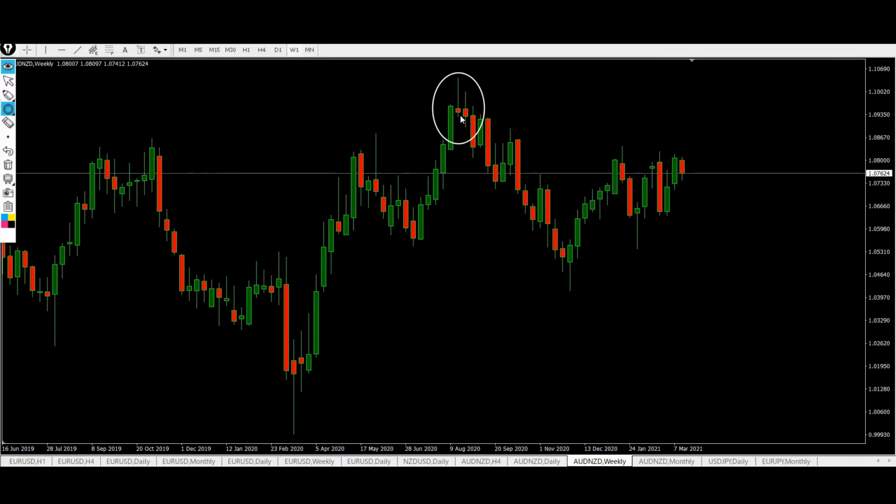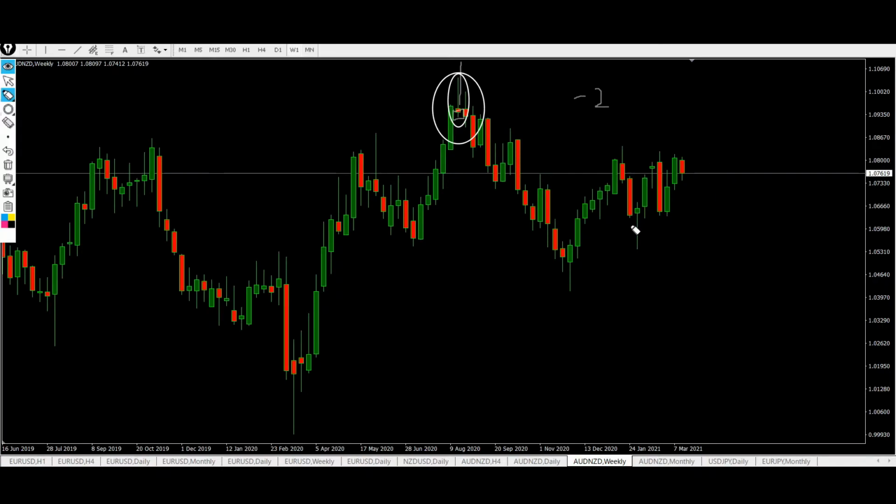Now we could immediately see there was a weak hammer here. Now this hammer is weak because it doesn't have a full close down, and the wick above is not that high. Thus, since the lower time frame's price action was weak, we are actually going to deduct -2 from that